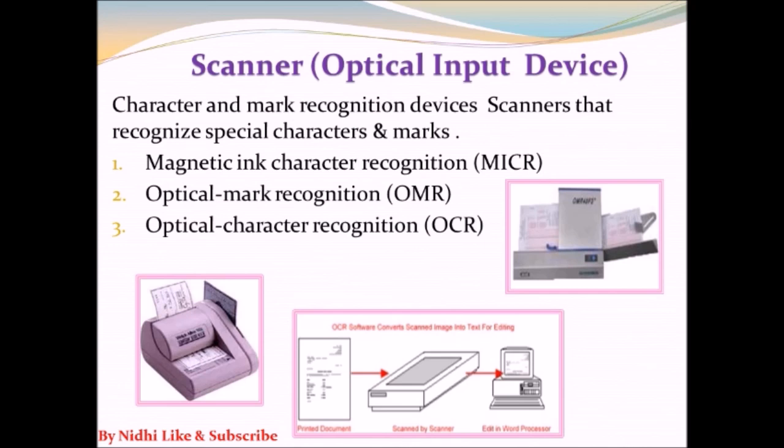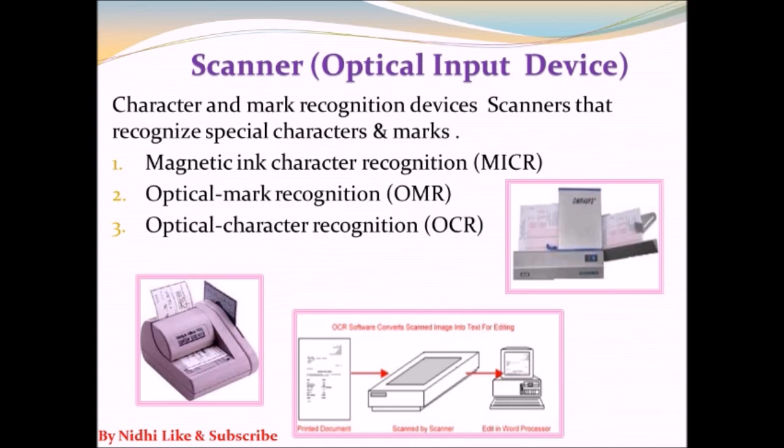Second is OMR, that is optical mark recognition, in which we have bubbles or numbers that are marked with pencil or pen. This OMR machine recognizes the optical marks from that particular sheet. It is used in competitive exams or in examinations also, board exams also. And the third one is OCR, optical character recognition. It is used in surveys to check the entries and fill them in automatically, without manual effort, on the computer. It recognizes the characters, meaning alphabets, on the computer. So this is all about MICR, OMR and OCR.